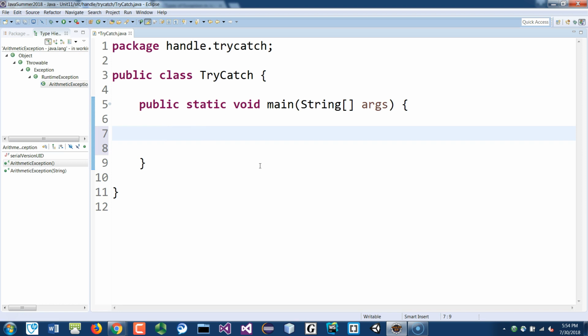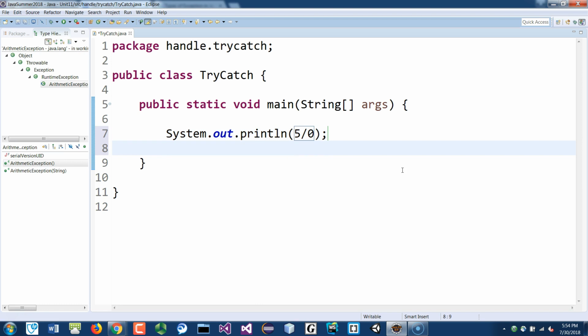So if you type like system out, if I do 5 divided by 0, right? We know that's illegal. But as you can see, it doesn't give you an error. The system doesn't know that. It doesn't treat that as an error. Okay. And if you save this, if you run it,